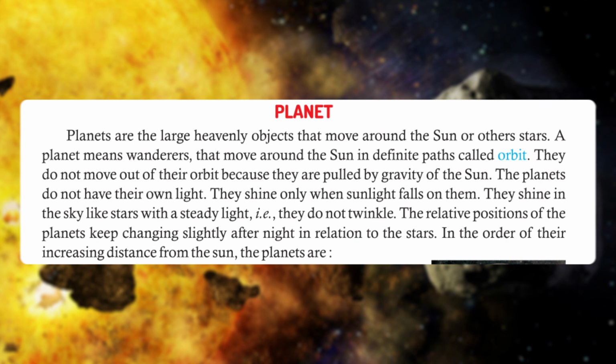The planets do not have their own light. They shine only when sunlight falls on them. They shine in the sky like stars with a steady light, that is, they do not twinkle. The relative positions of the planets keep changing slightly night after night in relation to the stars. In the order of their increasing distance from the Sun, the planets are